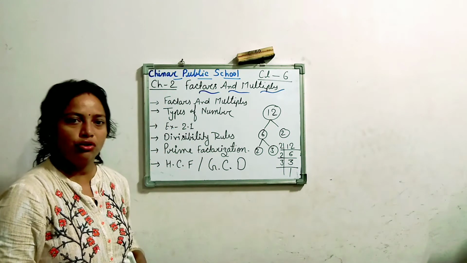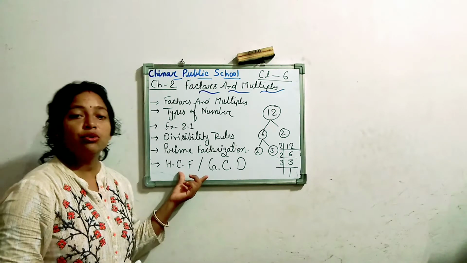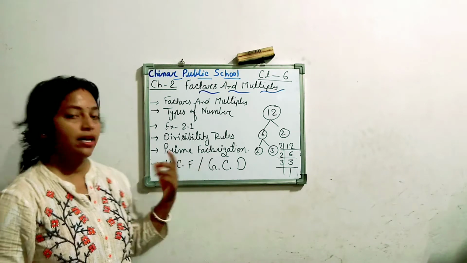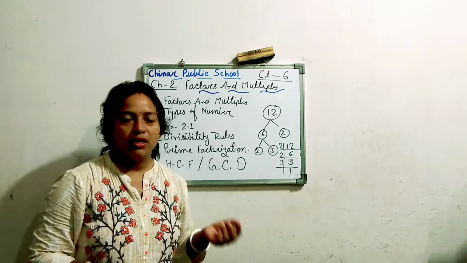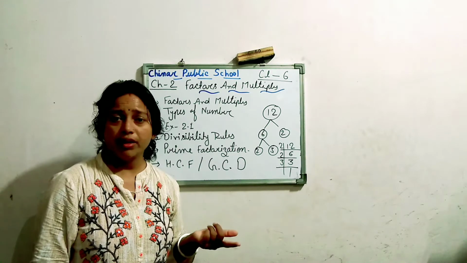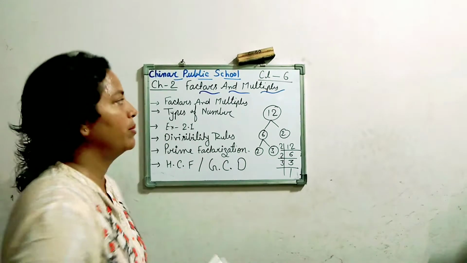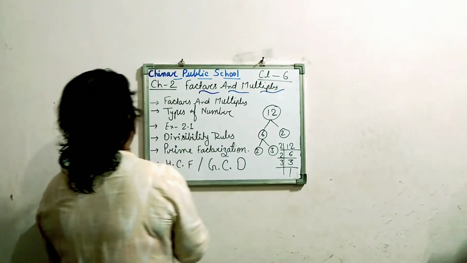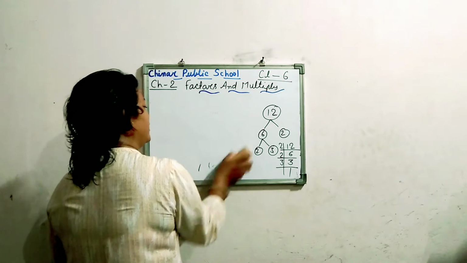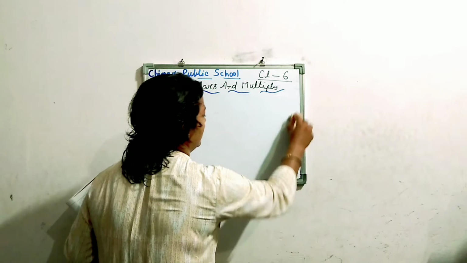Prime factorization was over. After learning prime factorization, we went to the HCF, highest common factor. So my dear students, let's continue with the HCF. Some questions we have done, but let us continue the HCF with more questions. HCF, highest common factor, or the other name, GCD, greatest common divisor. I hope all the topics are clear in your mind as you have given your PT also.